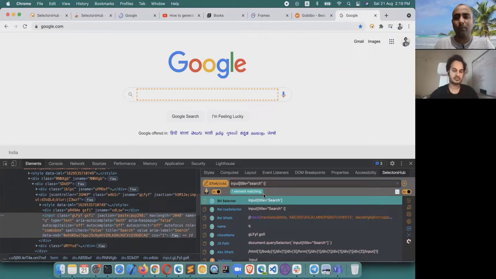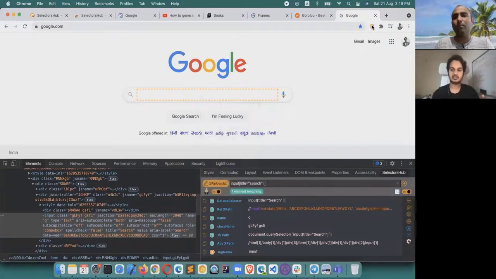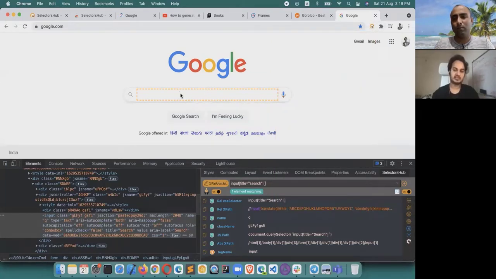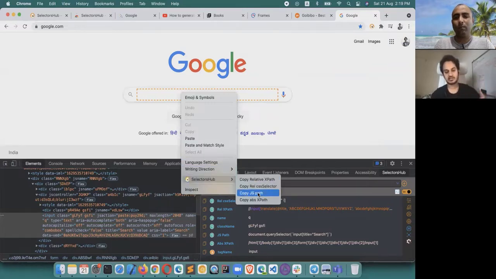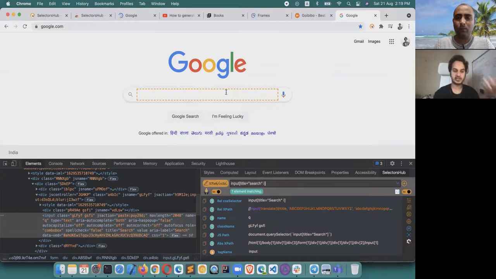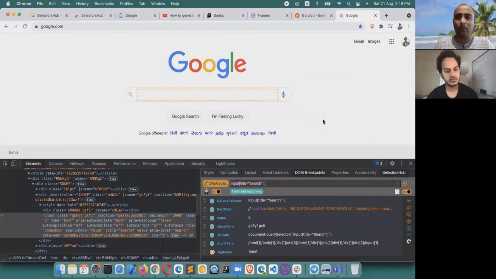As much as you explore it, you will learn more about it. You can also generate selectors just by right click here. You can customize the context menu from here. Really amazing features are there. If you are writing automation with a JavaScript framework, then you have the JS path. You can copy the relative XPath selector directly from the context menu. This feature is really helpful when there are dynamic drop-down elements that you can't inspect. You just right-click and copy those values. It saves a huge amount of time.